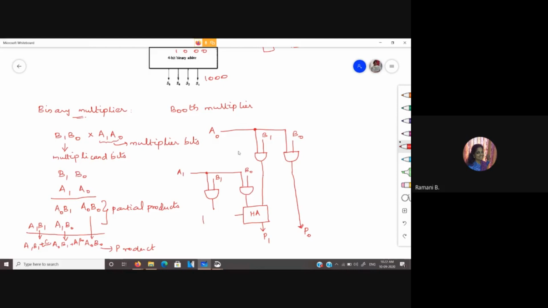So this is given to another half adder. If carry is 0, no issue. If you are going to have a value, you need that also, right? So this is given to another half adder. So the sum and carry, if it is there, you will be having it. So this is the implementation for this particular example. So this is my final product.